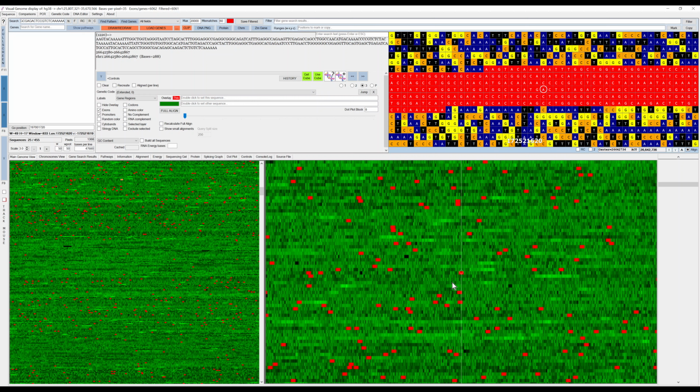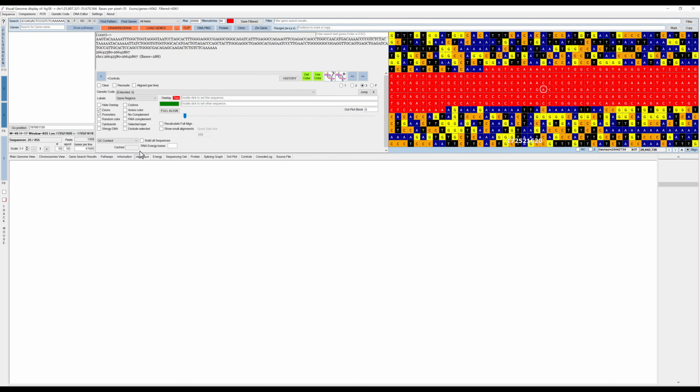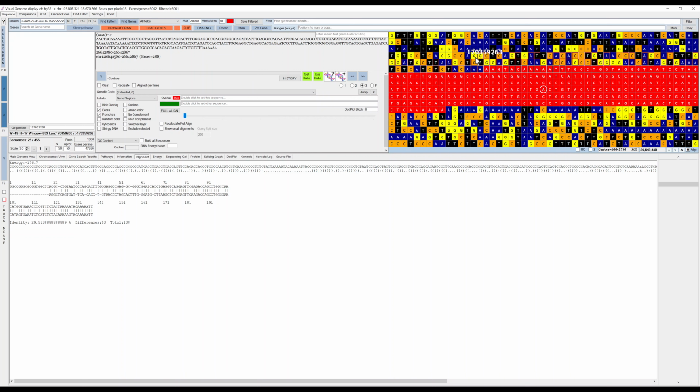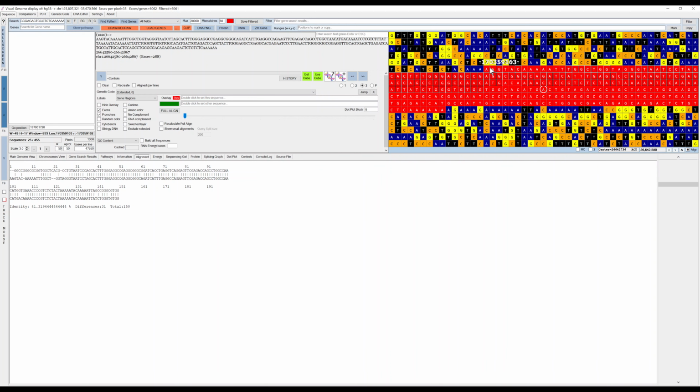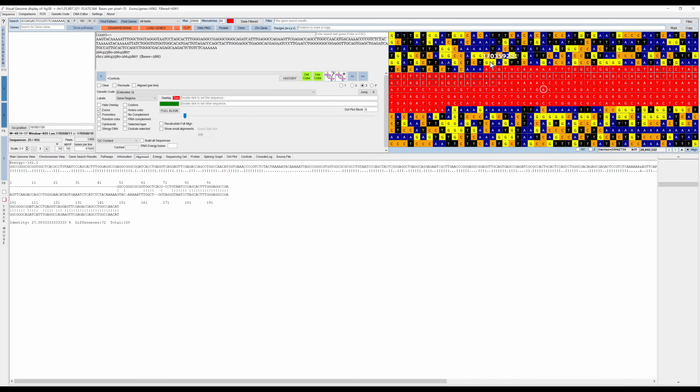So there's another way to actually search or try and highlight a specific sequence that you're searching for. When you've entered the sequence here at the top, you can select the alignment view, and then you simply go into the Zoom DNA view and you just highlight where your start base must be, and then it does a local alignment against that DNA, so you can see where it mismatches exactly.